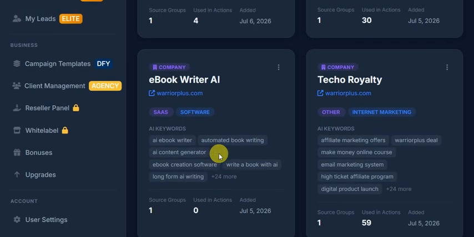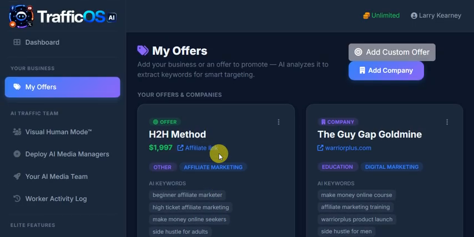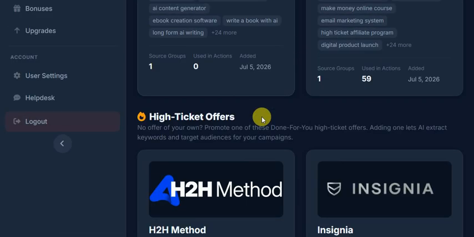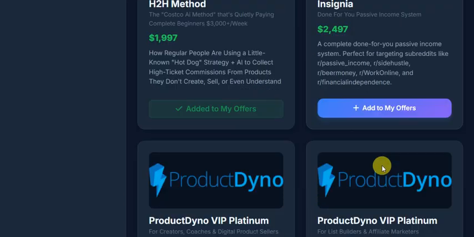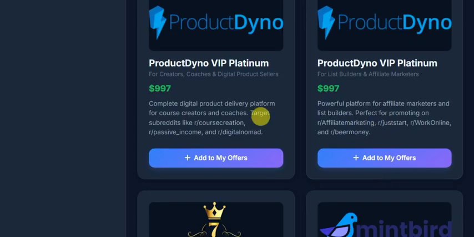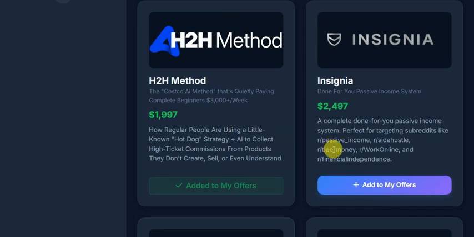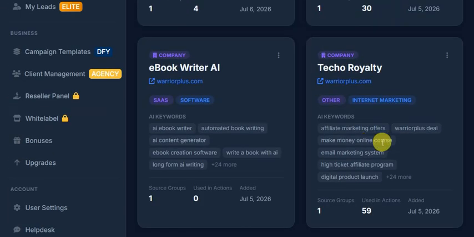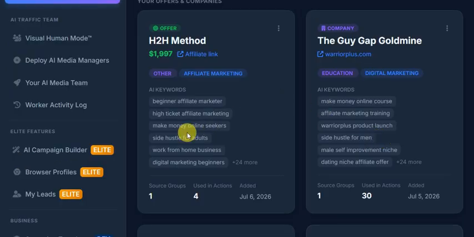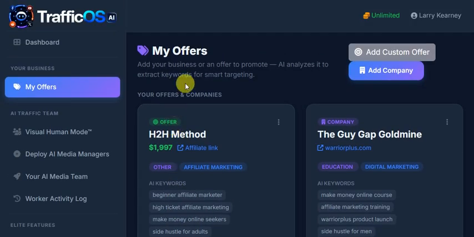It's not going to send that to people that are talking about smaller, low income products. So this is the section where you can add them. These you'll be approved for. You don't have to worry about that because this is owned by the people that made the software. So you'll be approved for these high income products. Or you could add any product you want, your own product, it doesn't matter.